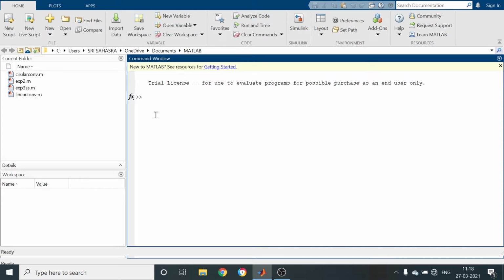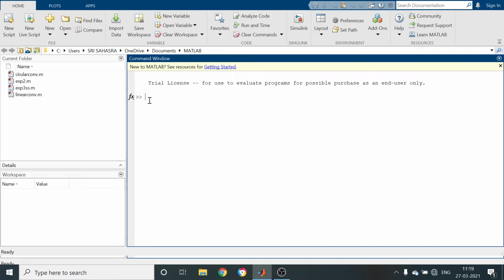MATLAB stands for matrix laboratory. That means whatever instruction you type, each instruction, that is input data, is converted into matrices. This is the first lab. First, we are going to do the operations, basic commands in MATLAB using the command window. Before going to the program, first we have to learn some commands.